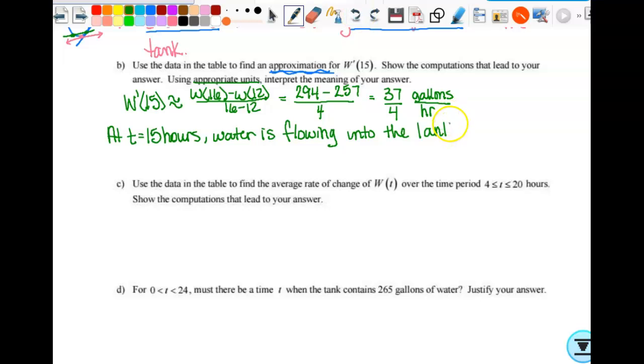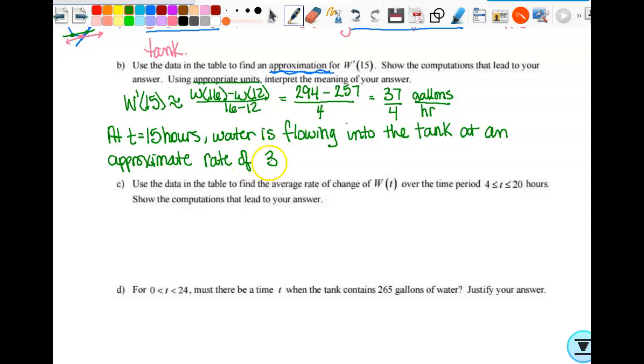Yes, very careful with that, though. We've got to add an extra word: flowing into the tank at an approximate rate. If you say it's at that rate, you are wrong. I would at least write the approximate. Because APP could be a lot of things. You want to make sure that they really understand that you know what you're saying. So, at an approximate rate